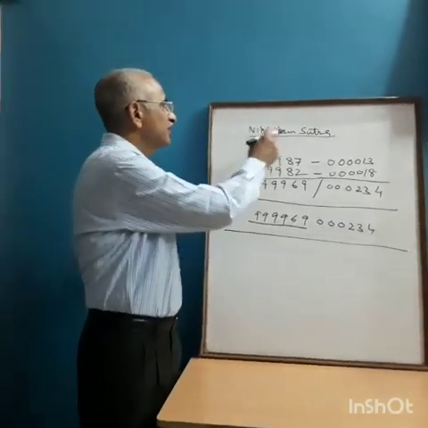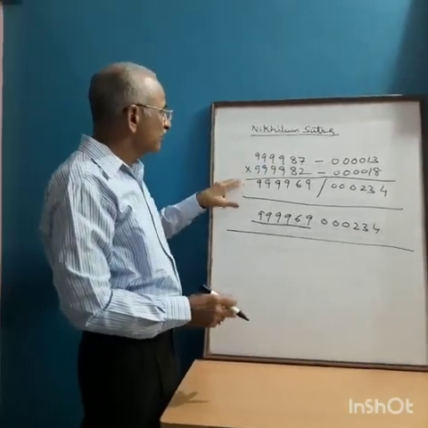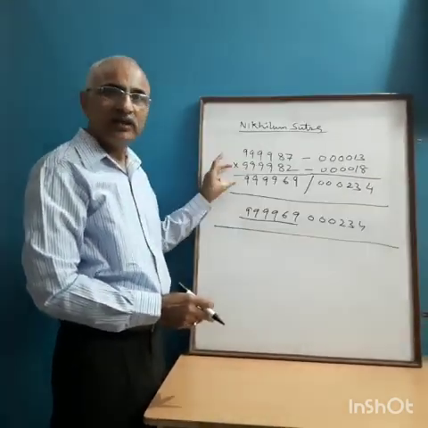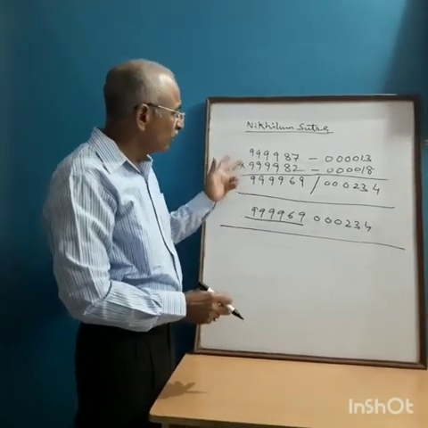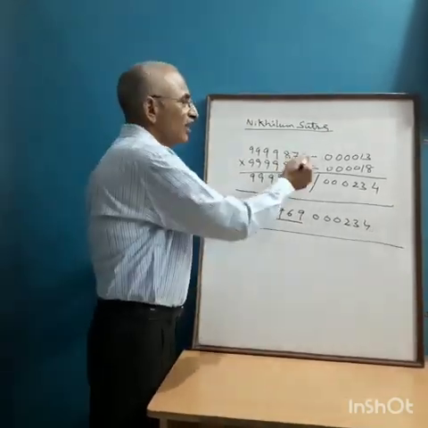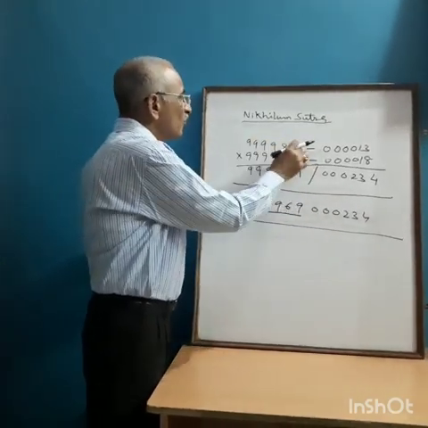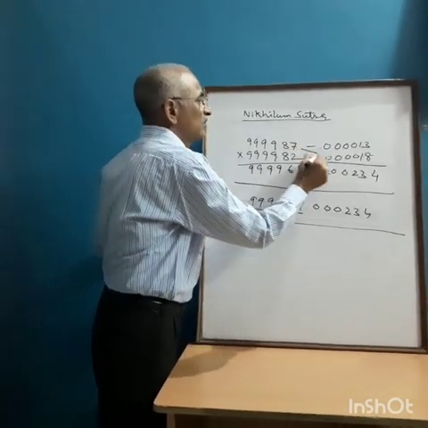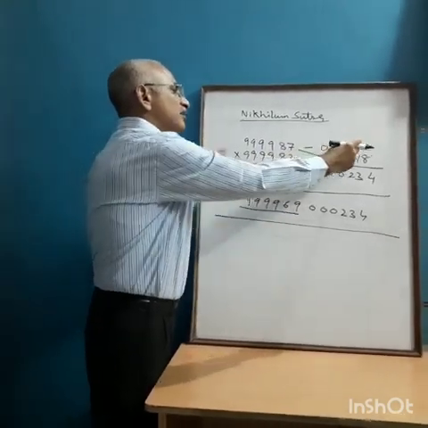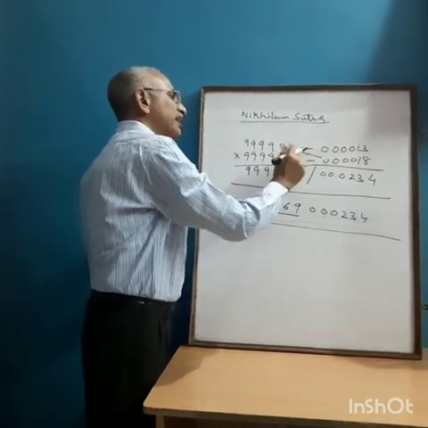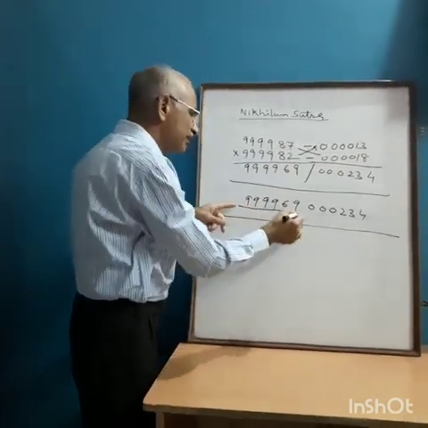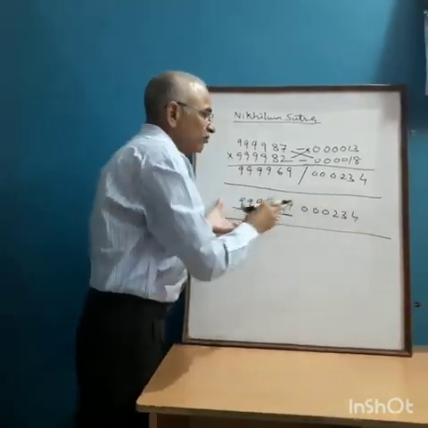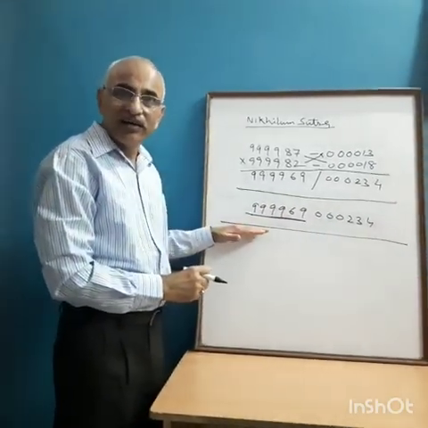In continuation with the Nikhilam Sutra, I am going to tell you that without adding these two numbers and subtracting this base number from the addition product, you can find the left half of the answer by cross subtraction. For example, when you subtract the difference of the second digit from the first one, or the difference of the first digit from the second one, you again get the same left half of the answer. And when you put these two halves together, you get the exact answer.